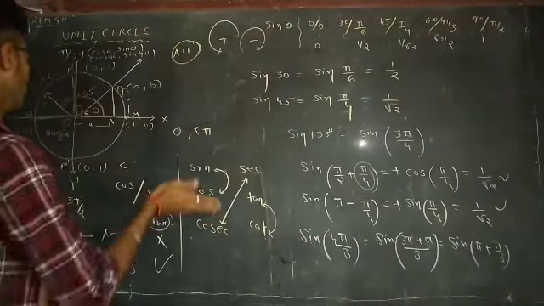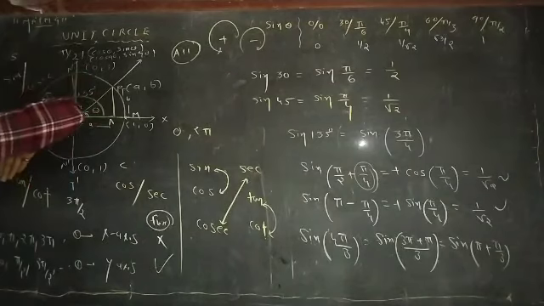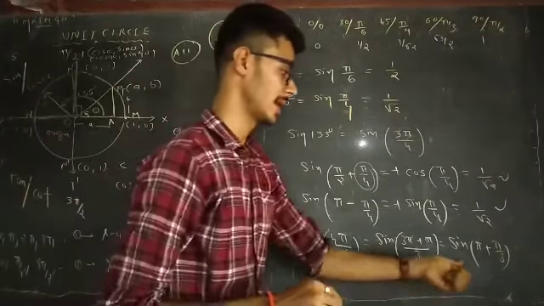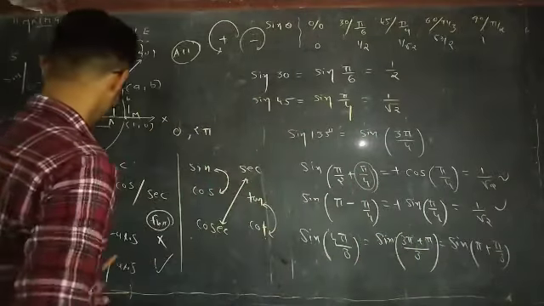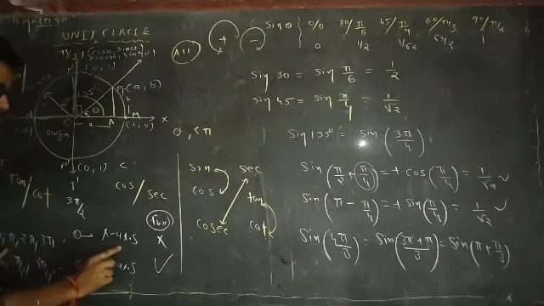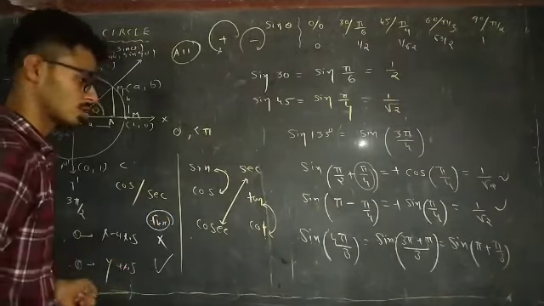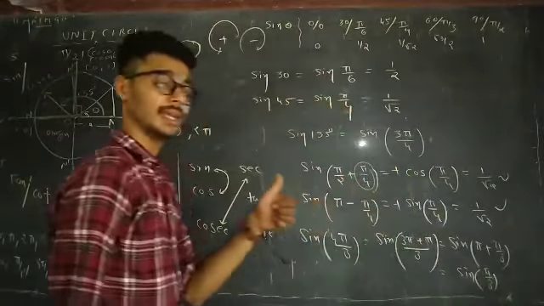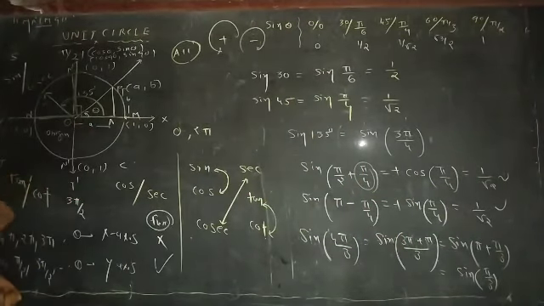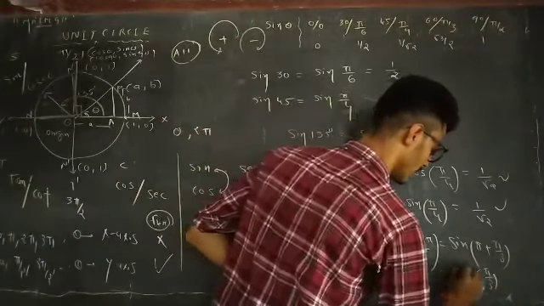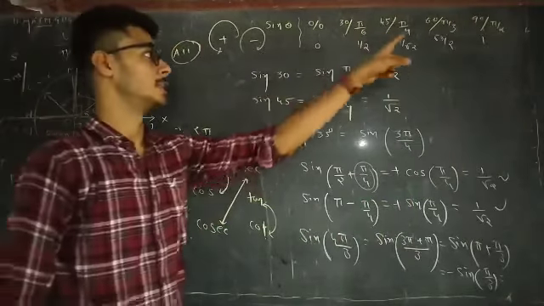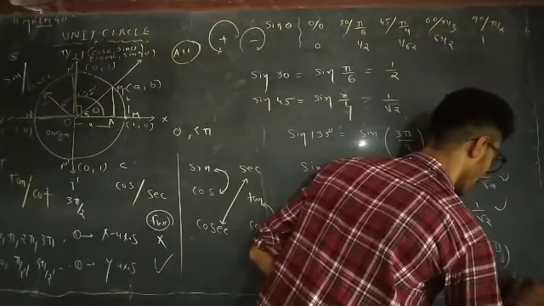Pi plus pi by 3. Over here it is pi. Pi plus pi by 3: theta is in the third quadrant. In the third quadrant, tan and cot are only positive, but here it is sin, so sin is negative. But before that, pi, 0, pi: theta is on the x-axis, so the function does not change. So sin as it is, sin pi by 3, but sin is negative in the third quadrant, so we have to put a minus sign. What is sin pi by 3? 60 degrees means root 3 by 2, so the value is minus root 3 by 2.